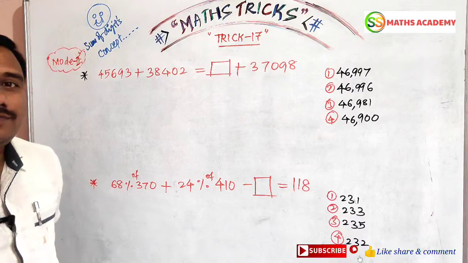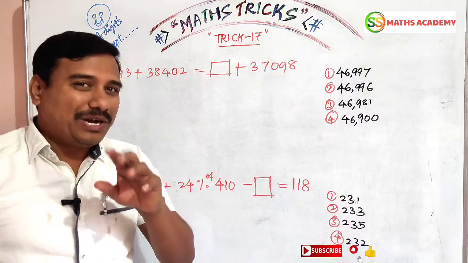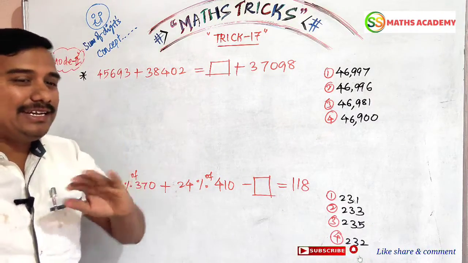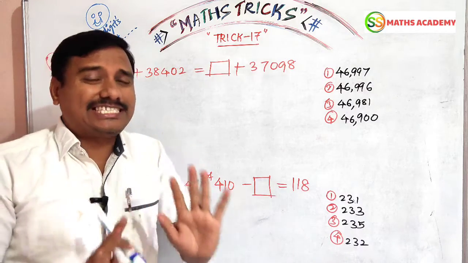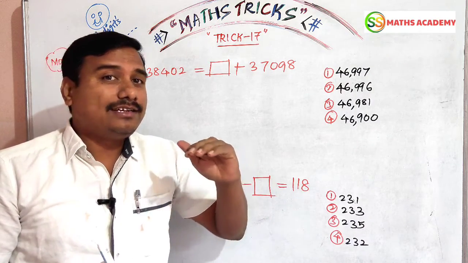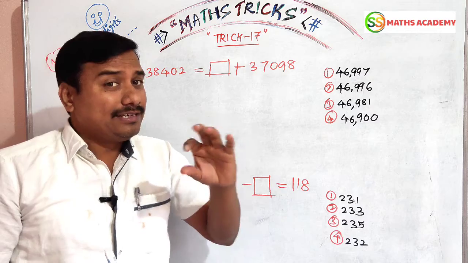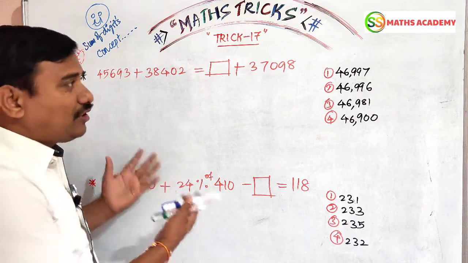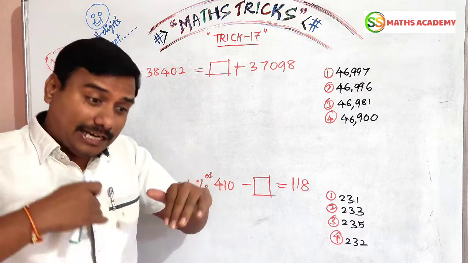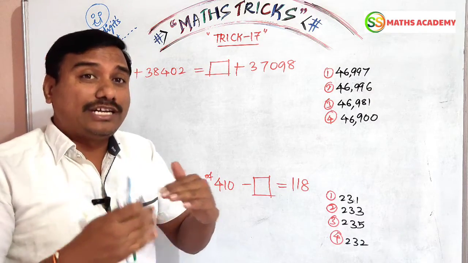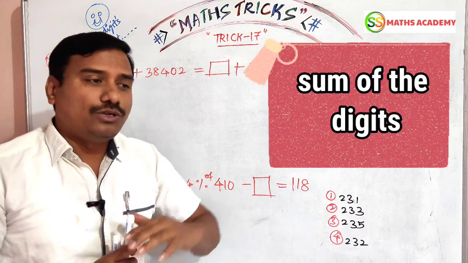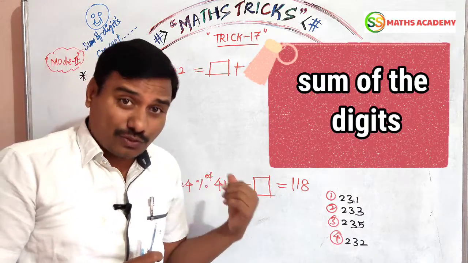Yes, dear friends, you have to observe model number 2. In model number 1, we have just now successfully completed the unit digits concept. Here we are going to complete these questions. You should also observe your unit digit concept. If at any time it is not possible to get the answer, you go with model number 2, the sum of the digits concept. The unit digit concept is not fit for these questions.